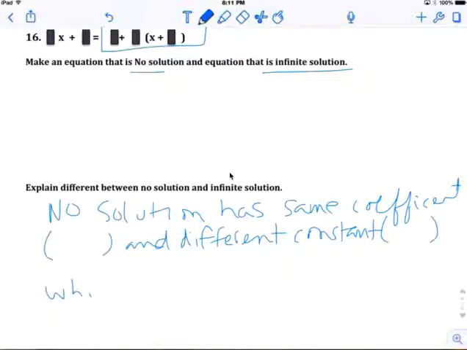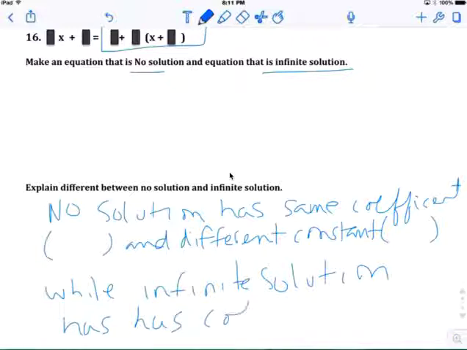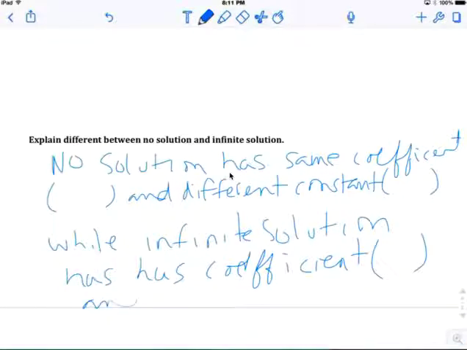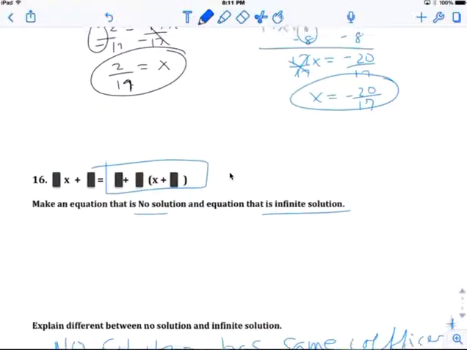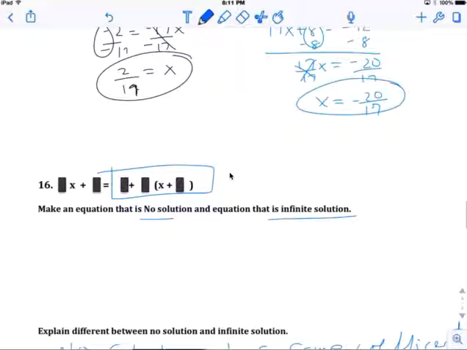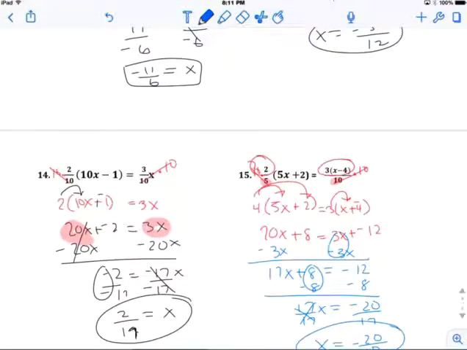While infinite solution has the same coefficient, okay, so give me the coefficient and same constant. Give me the constant. And that would be it in your problem that created no solution and infinite solution, okay? All right, that's your homework, and that was similar to